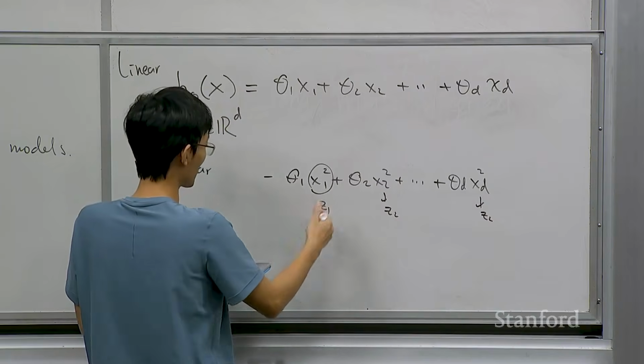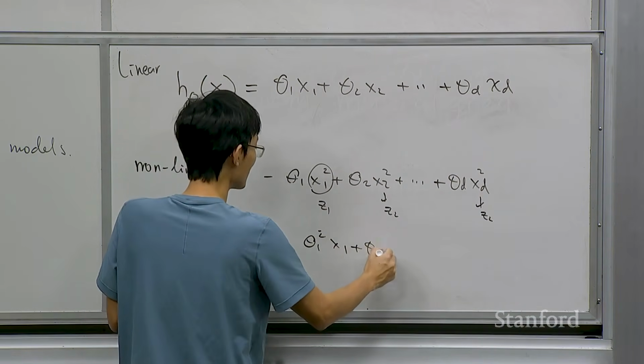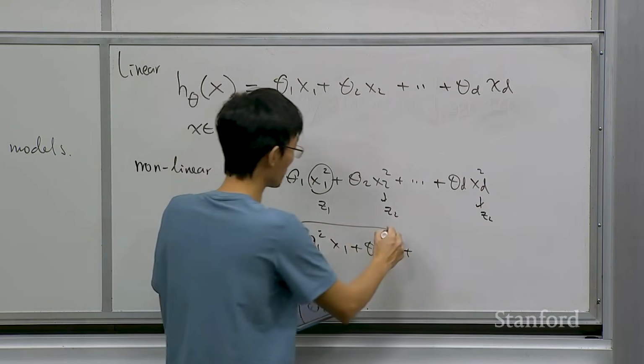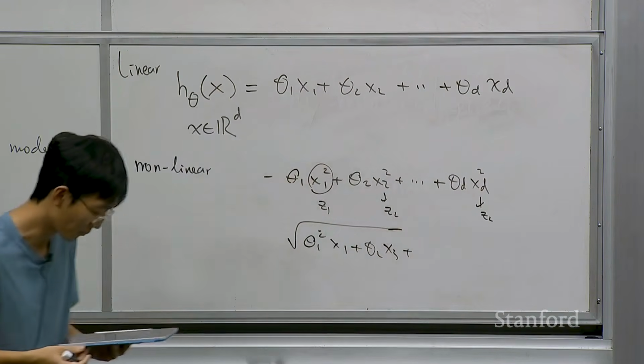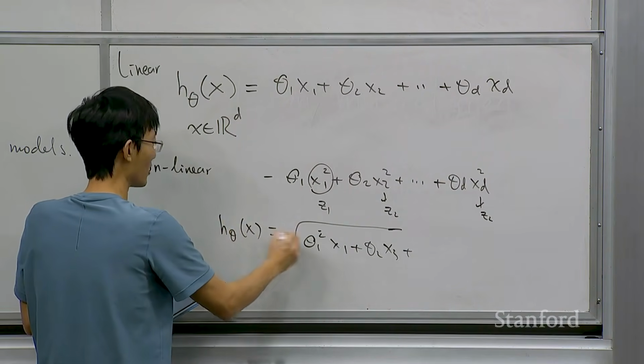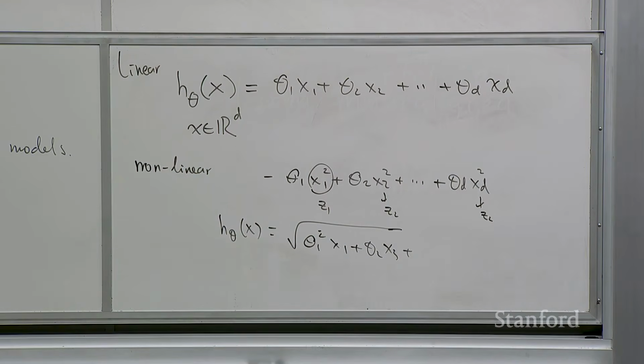We are talking about cases like theta 1 times x1 squared, plus theta 2, maybe. I'm just giving an example, something like this, right? Whatever nonlinear model you can write, as long as it's nonlinear, is called a nonlinear model. Of course, the real model we are talking about is not like this. This is just one example. The model we are going to talk about is neural networks, which is a more structured and more